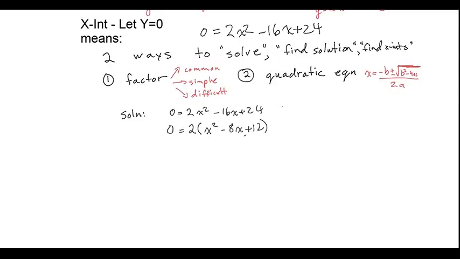Now, the first thing we do is notice that 2 can factor everything in that equation, so we'll pull that out. Now that we've done that, we end up with 2 times the quantity x squared minus 8x plus 12. Now we will factor. In this case, we need two numbers that multiply to 12 and add to negative 8. Those two numbers are negative 6 and negative 2. Now our bracketed quadratic turns into the following,